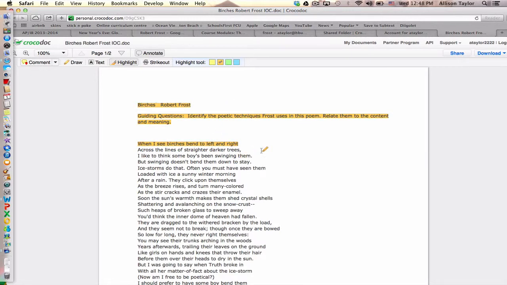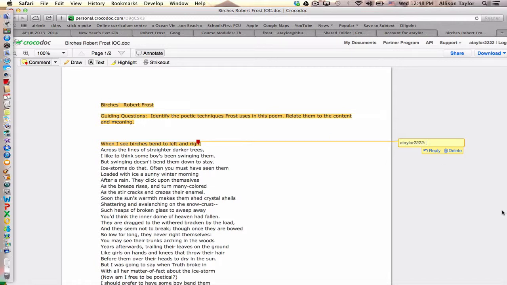Of course, it's not working. And I want to point comment right here, and then I can type in whatever I want. You'll notice whoever is highlighting there, their name will show up. You probably want your kids to sign up for an account as well. I know that